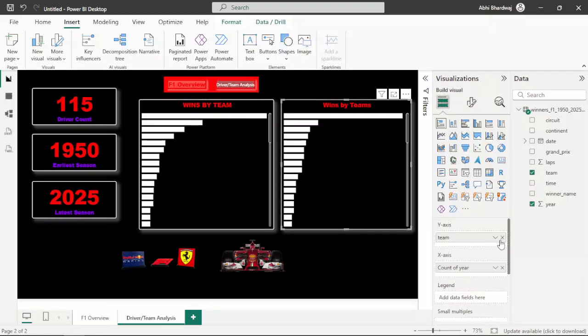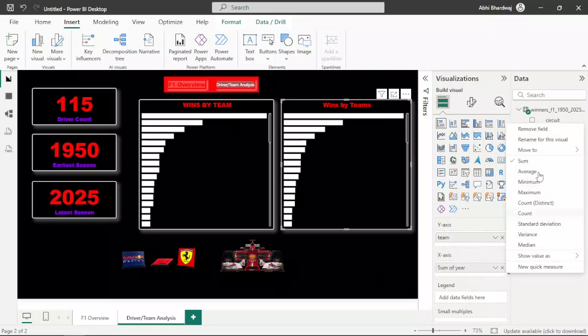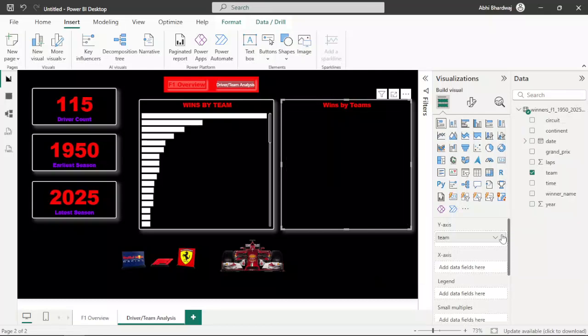And now let's change it. Yep. In the x-axis, let's have year. And in the y-axis, let's have